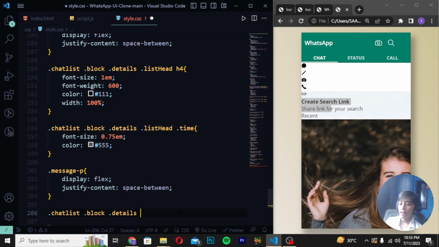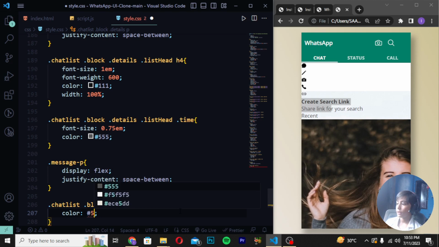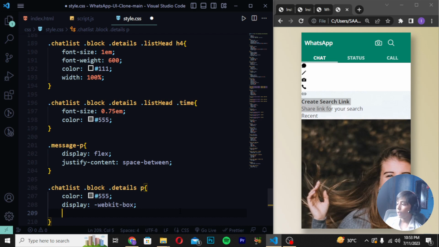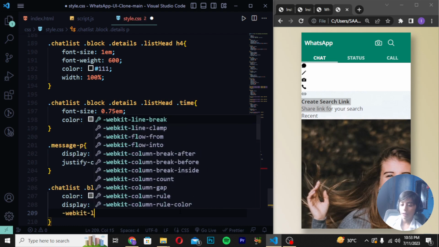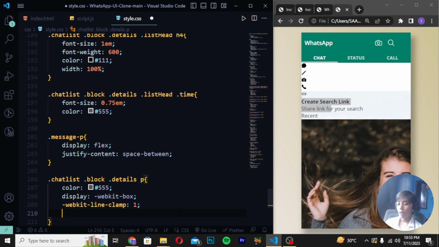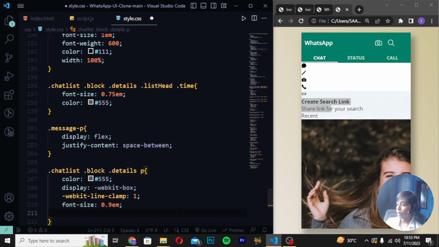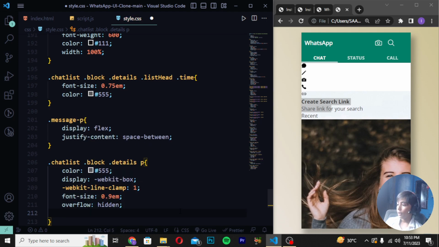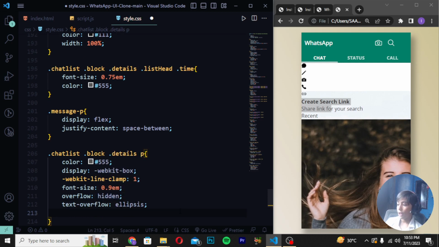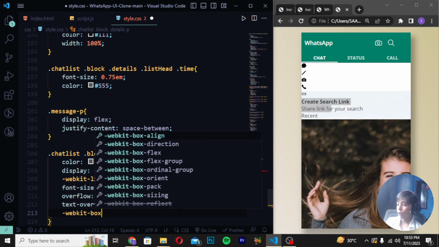.details p, color should be #555, and display should be -webkit-box. And now -webkit-line-clamp should be 1. And now what we can do, and here I will write font-size should be 0.9em. And now overflow should be hidden, and text-overflow should be ellipsis, and here I will give -webkit-box-